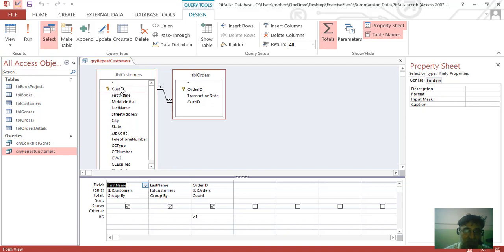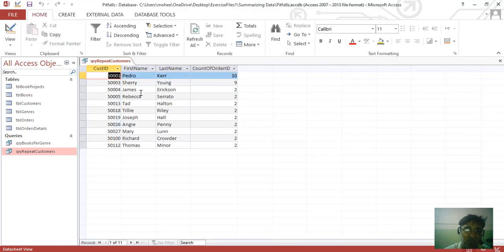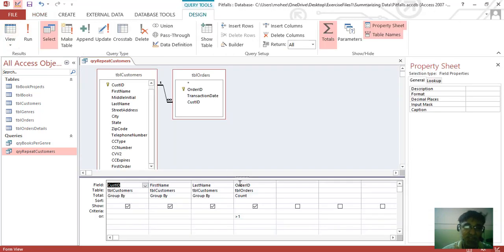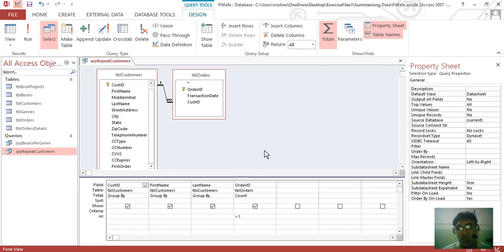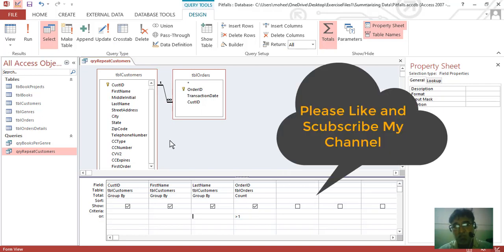So it makes a difference because there is not too much similarity in the second name, but the first name is similar in many records. But when the customer ID is applied, then Microsoft Access realizes that there is a difference, and the real data is somewhat different. So be careful with these pitfalls when you are making an aggregate query.